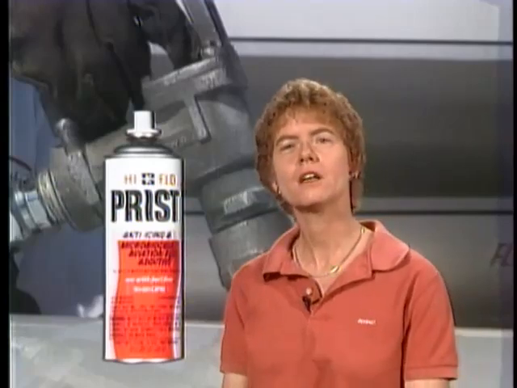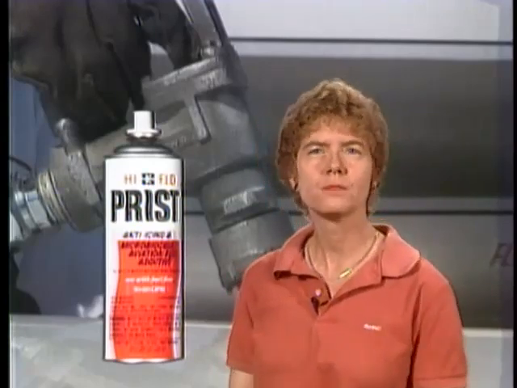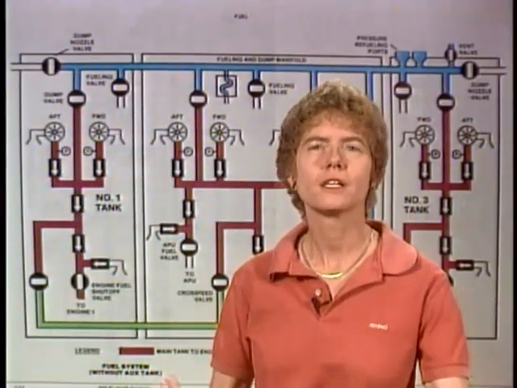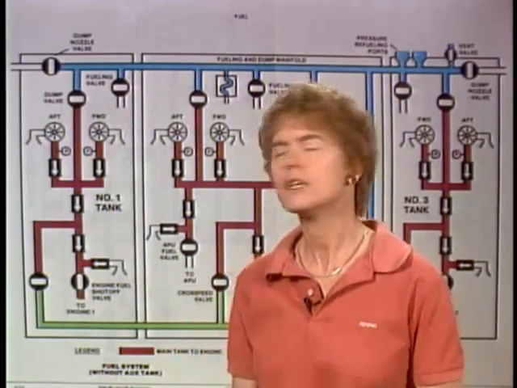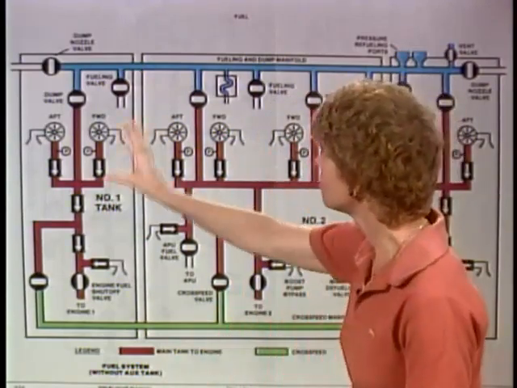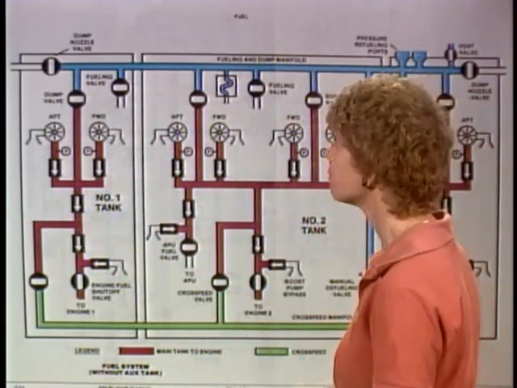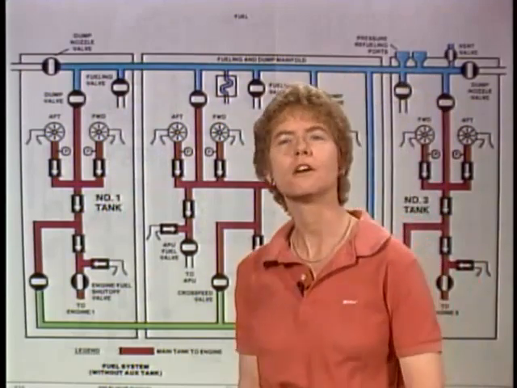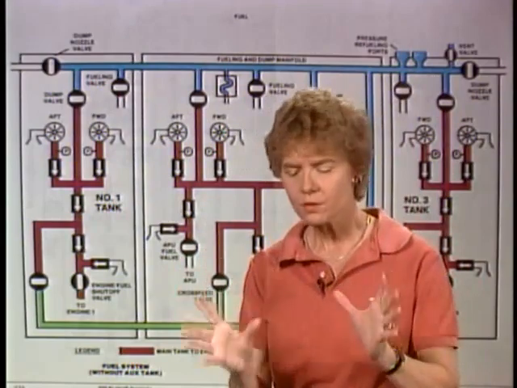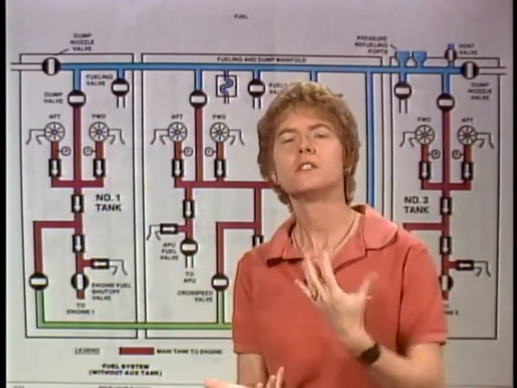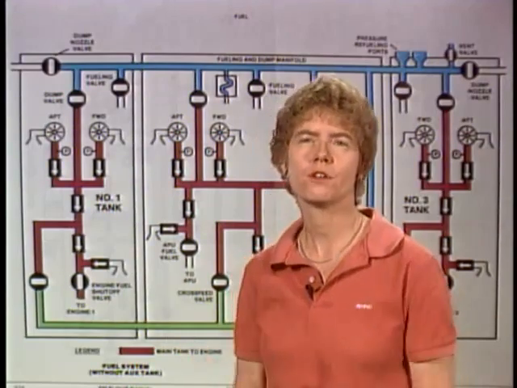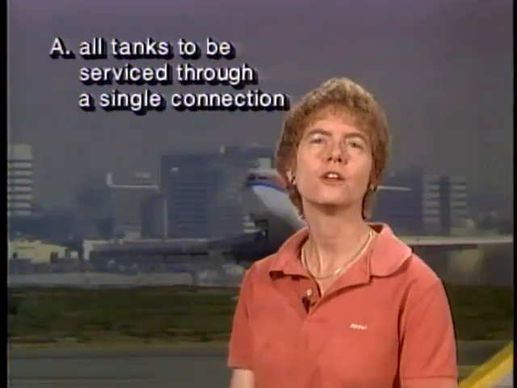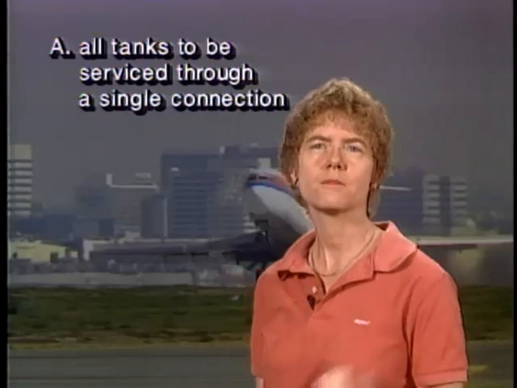Now let's talk about fuel system design. If you've got large aircraft like a 727, very typically you're going to have all kinds of lines running around between the tanks, between the engines, multiple manifolds in there. The whole purpose of that fuel manifold system is to basically let you move fuel wherever you want to. What the fuel manifold system allows you to do is, first of all, the tanks can be serviced